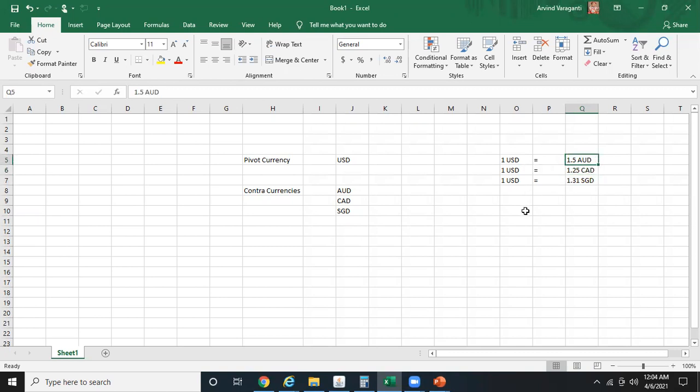So we can do this manually here and then see how system is performing that calculation. Say 1 USD is equal to 1.5 AUD, and 1 USD is equal to 1.25 Canadian dollar.